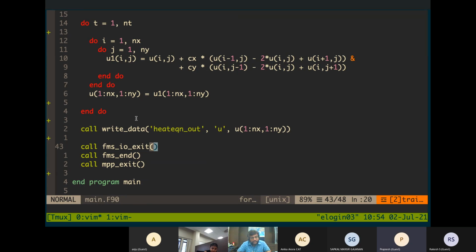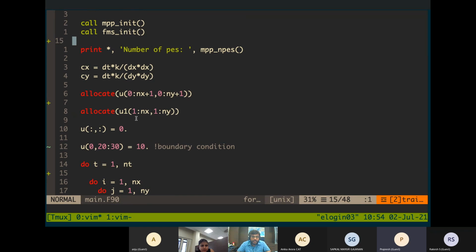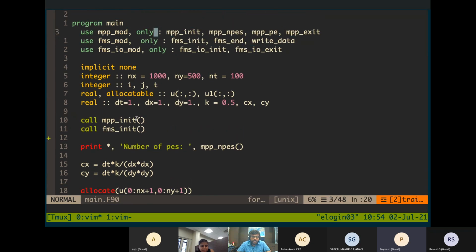You have to call all these 3 end routines to exit the FMS in a proper way. Okay. So this is a serial code, serial heat equation. We can compile it and see, and maybe you can run it and see how the output is coming, right?